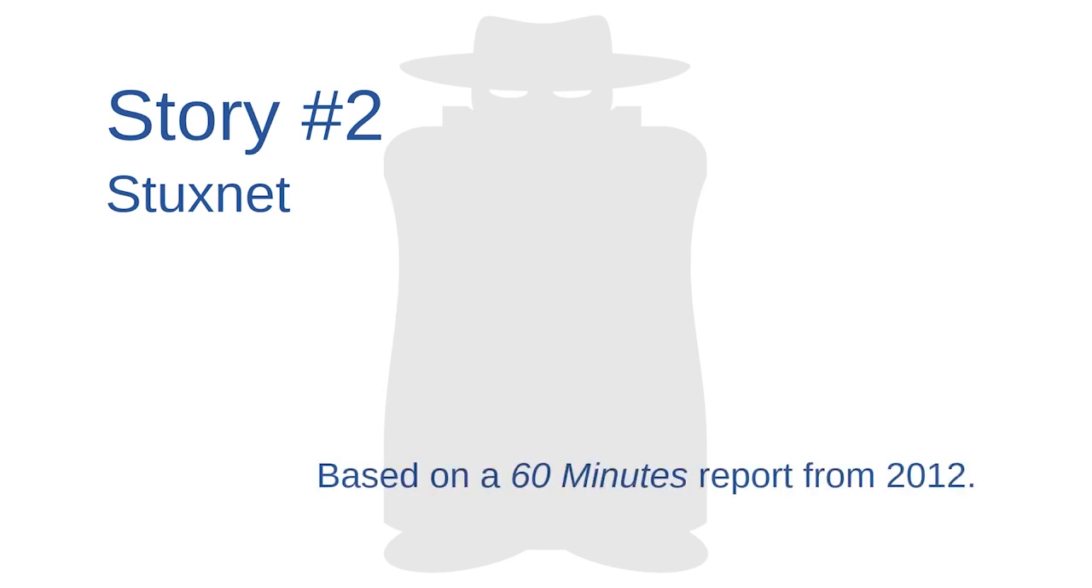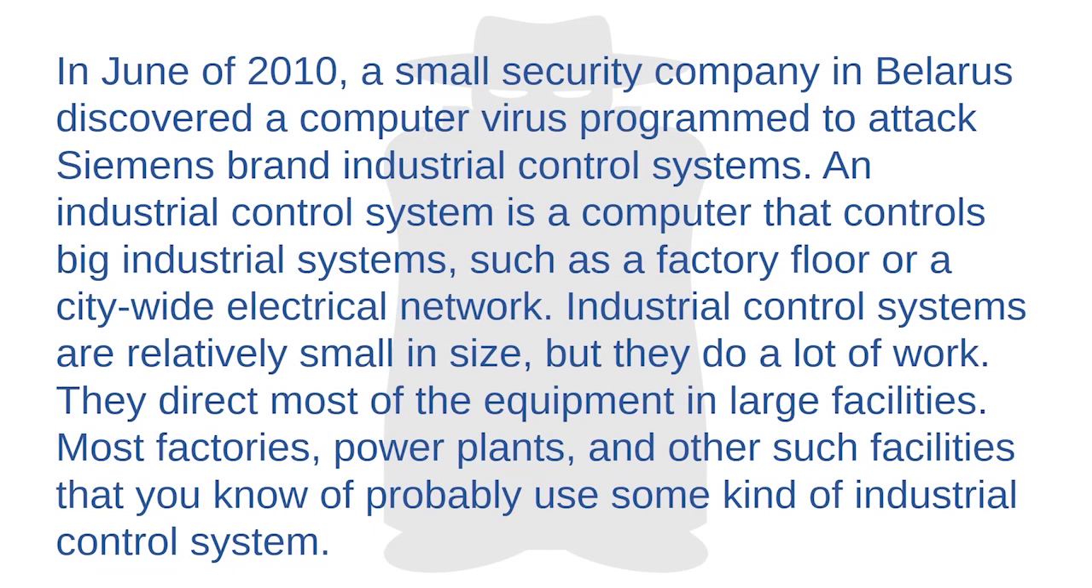The following story, a story about a cyber attack that was probably carried out by a nation-state, is based on a profile that ran on CBS's 60 Minutes in 2012. The story goes like this. In June of 2010, a small security company in Belarus discovered a computer virus programmed to attack Siemens brand industrial control systems. An industrial control system is a computer that controls big industrial systems, such as a factory floor or